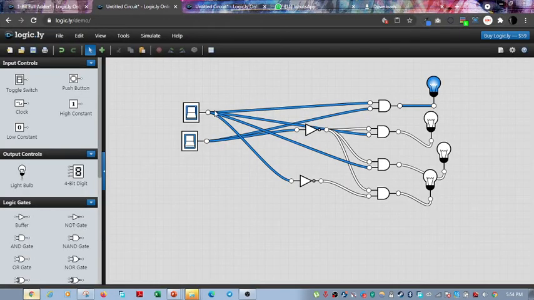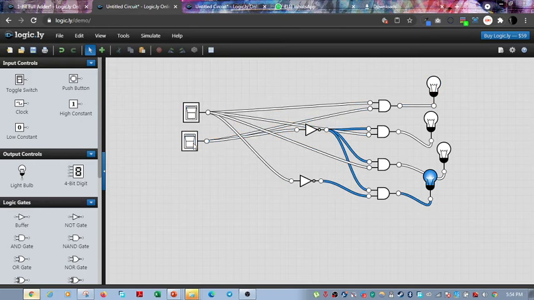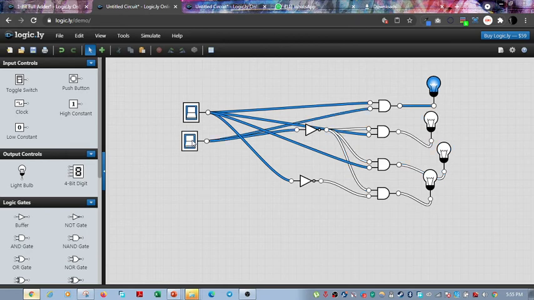This is the circuit design of demultiplexer. When both the selection lines S1 and S0 are 0, the output we get is 0001. When the selection lines have input as 10, the output that we get is 0110. When both the input selection lines have 11, the output we get is 1000.